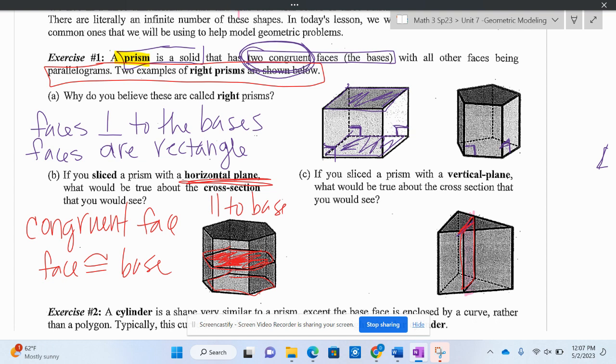This is a triangular prism, but this face on the inside is a parallelogram. It's a parallelogram. The cross section is a parallelogram. It's bad because it's hard to see what I'm shading in, I think, with all the colors from the board, but